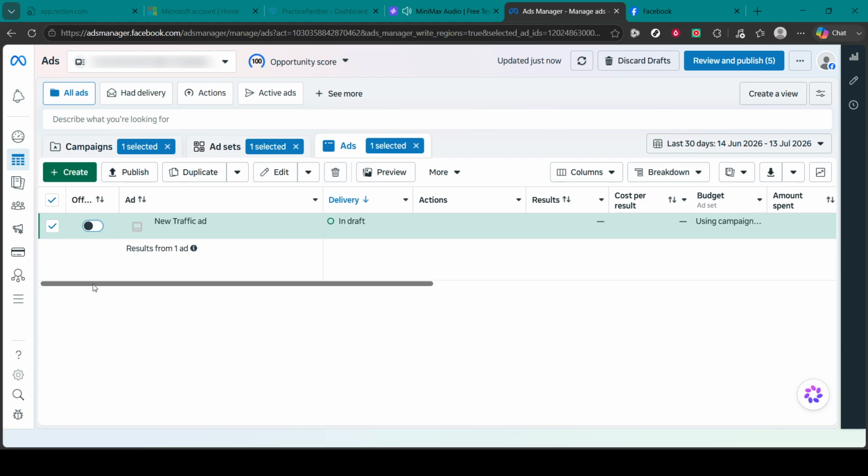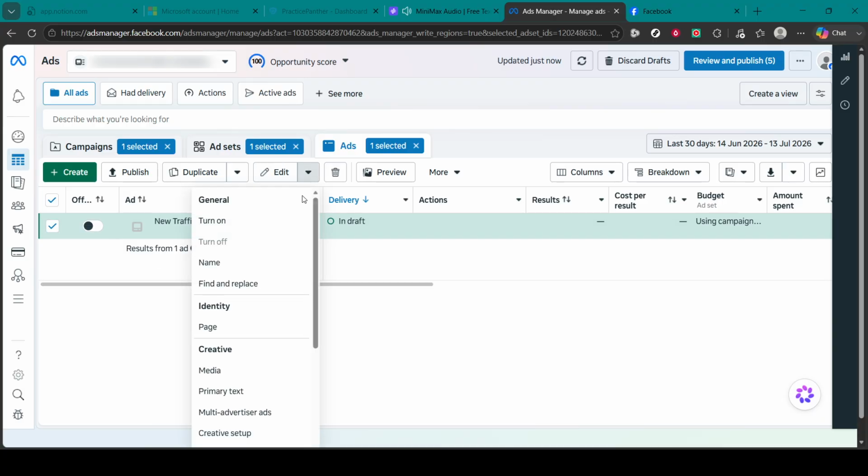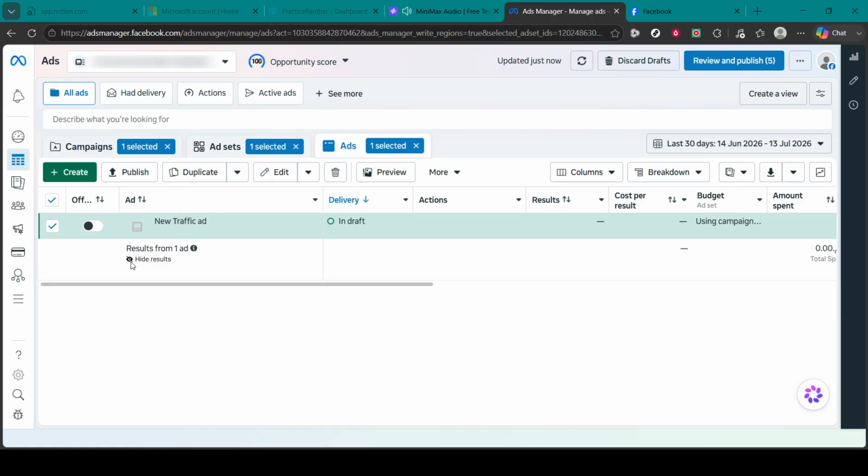enable it again. If you need to pause multiple campaigns at the same time, Facebook Ads Manager also provides a convenient bulk editing option. Instead of turning off each campaign individually, select the checkboxes beside the campaigns you want to pause. After making your selections, look near the top of the page for the Edit menu. Open the menu, then choose the Turn Off option. This applies the change to all of the selected campaigns at once, making it much faster when managing several campaigns